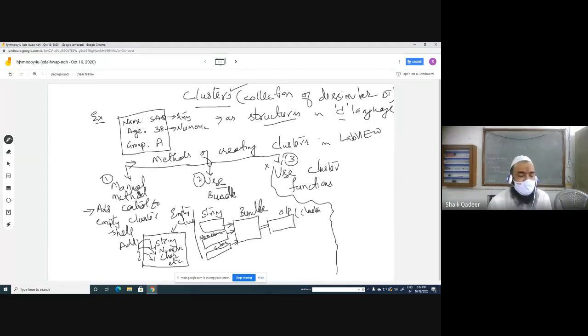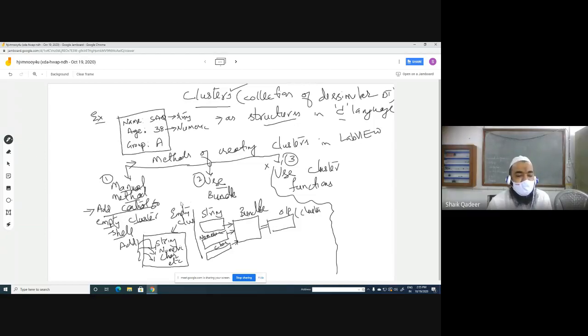First method is the manual method. As we had done for array, remember we have seen the manual procedure of creating array. In that we had taken an empty shell and added control to this. The same procedure we will follow here. In our manual method, we add control to an empty cluster shell.